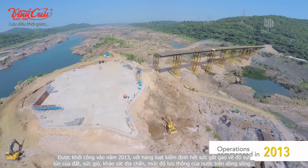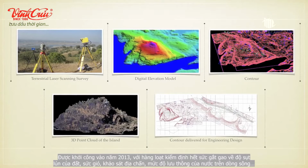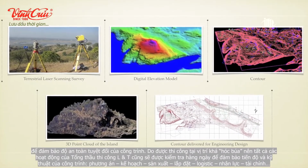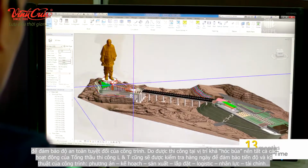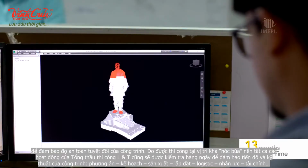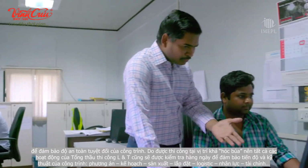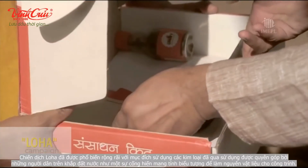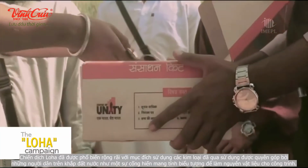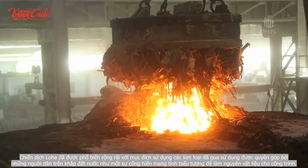Operations commenced in 2013 with exhaustive surveys of the land, riverbed, river and wind. This was followed by critical engineering design, a test of L&T's experience and technical capability. In such a remote location, planning and logistics would be the key to all the operations. The Loha campaign was launched in earnest with a view to employing used implements donated by farmers around the country